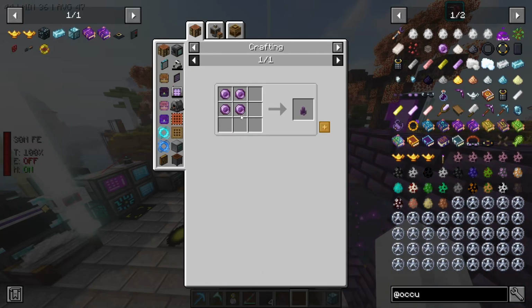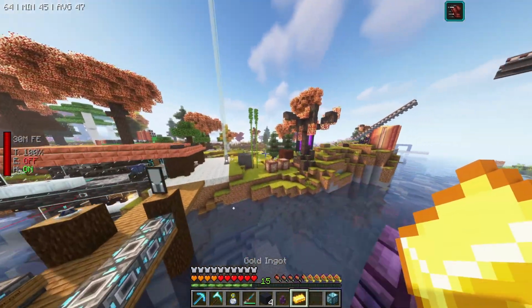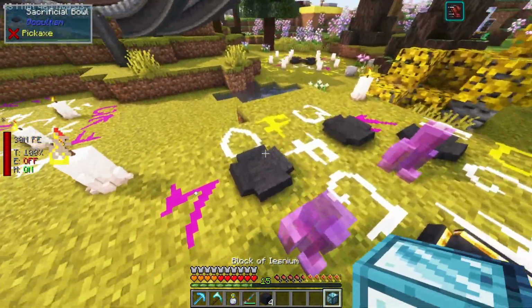Where's the recipe for it? Yeah, just in there. And then I believe we also needed a piece of gold. So we'll go ahead and grab that. And to be honest, I think that's everything. So we can zip on over to this ritual. We'll place down the stuff I know needs to be in there. And then we'll place the...